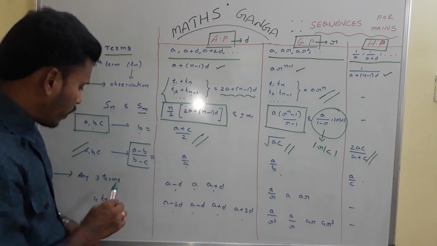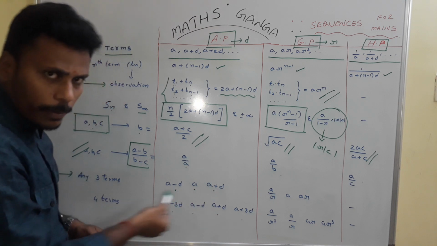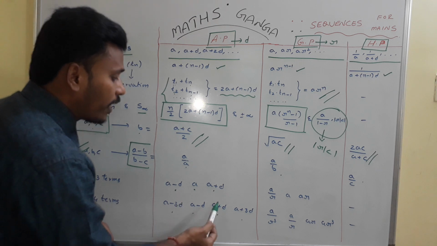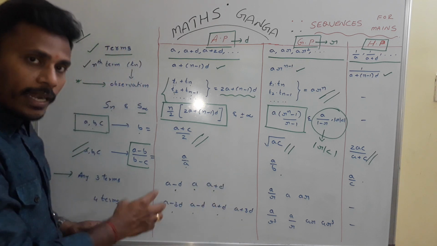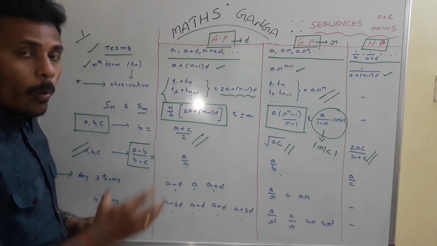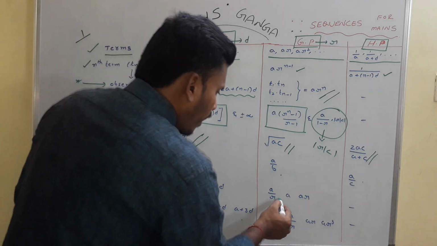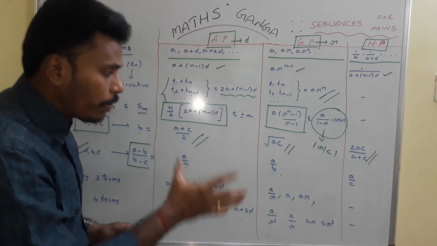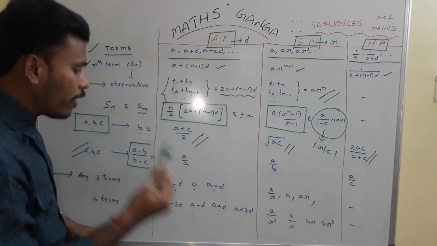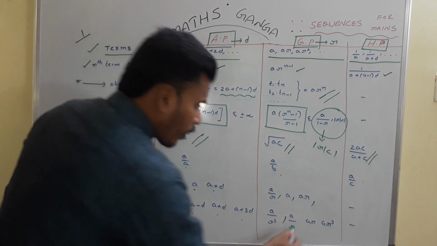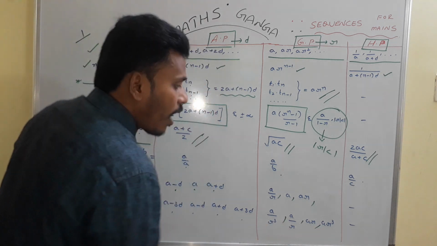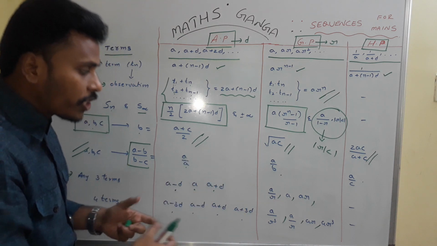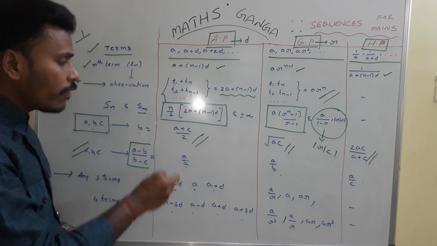solving the problems. For three terms, a minus d, a, a plus d maintains AP with common difference d. Four terms, a minus 3d, a minus d, a plus d, a plus 3d maintains AP with common difference 2d. When coming to GP, three terms a by r, a, ar maintain a GP with common ratio r. And any four terms, a by r cube, a by r, ar, and ar cube, maintaining a symmetry from both the sides, where the common ratio is r square, and we will consider any four terms of GP like